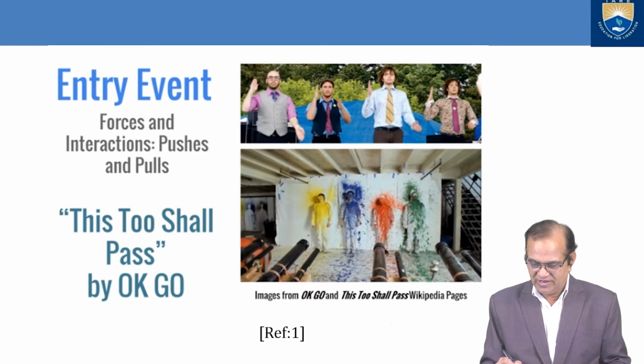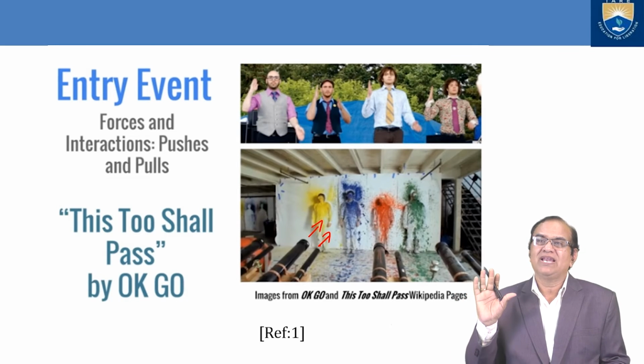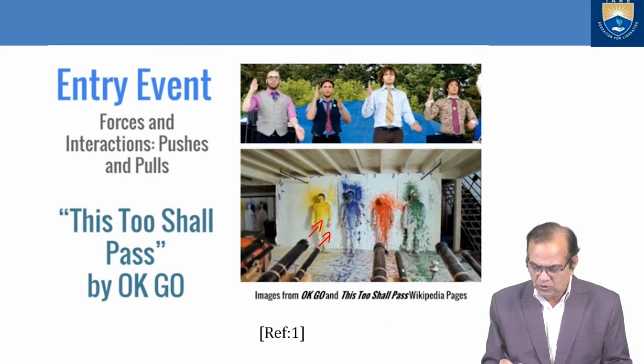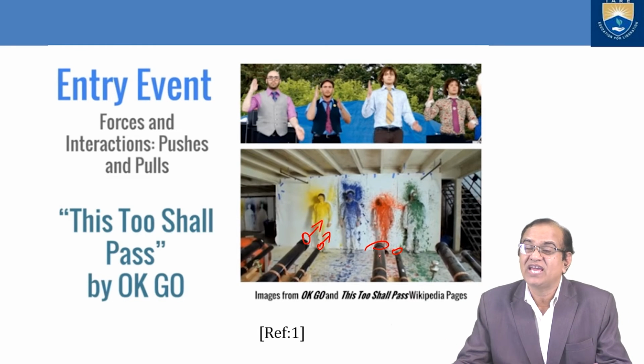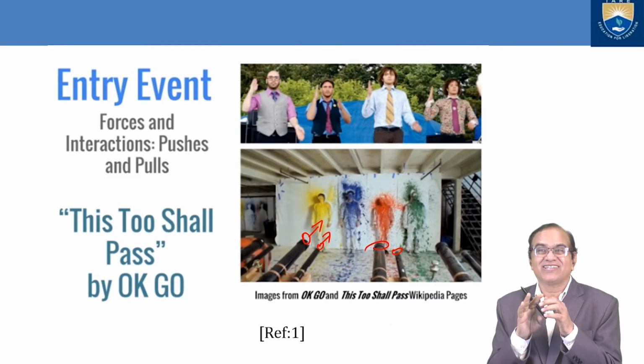So if you are ejecting from here, it will be a push, so you will experience it. You can see the different diameters here, small diameter, bigger diameter, and accordingly you will face different types of pull and push. In Holi we use this type of guns for the colors.